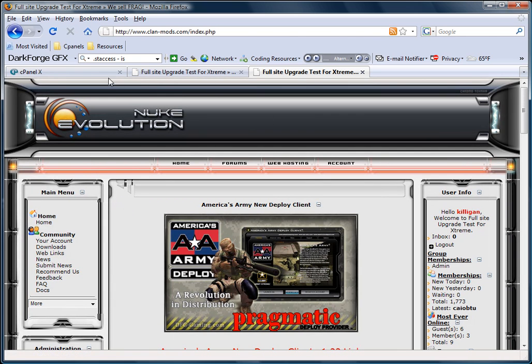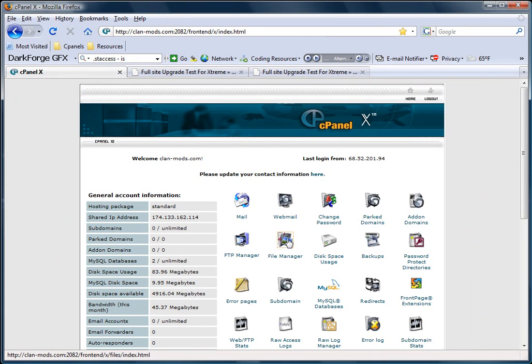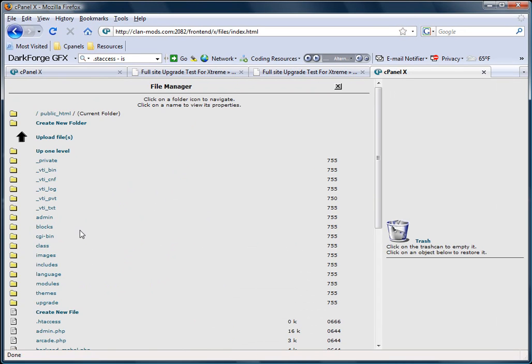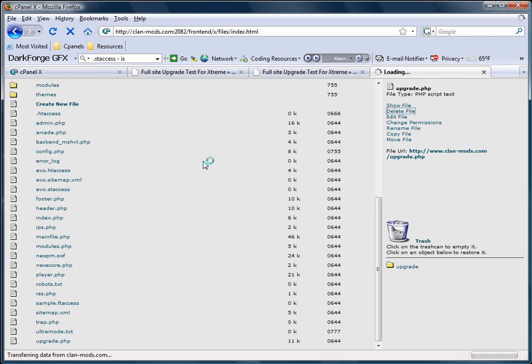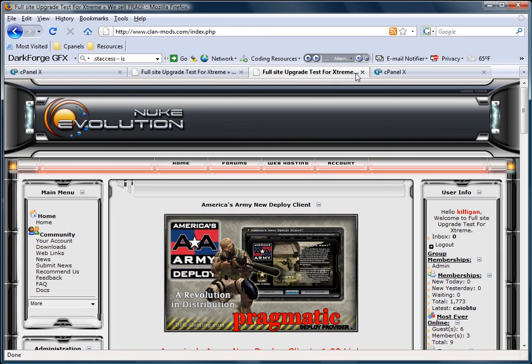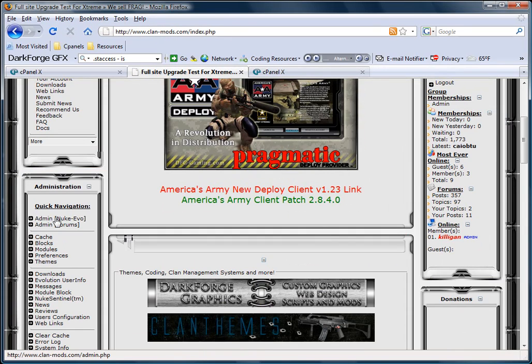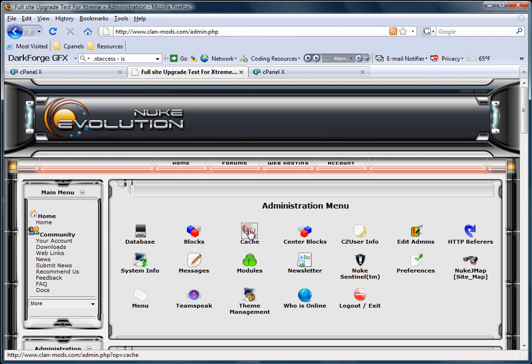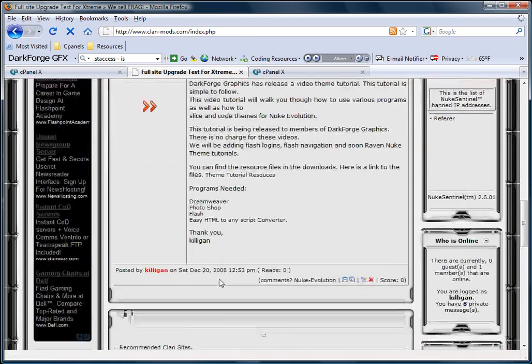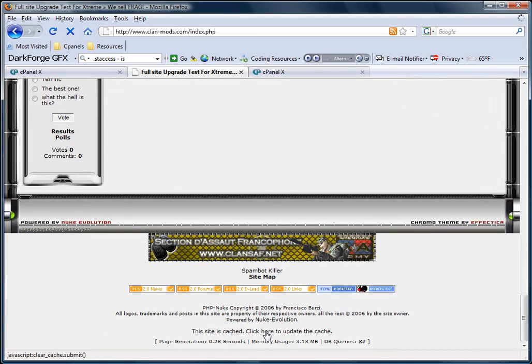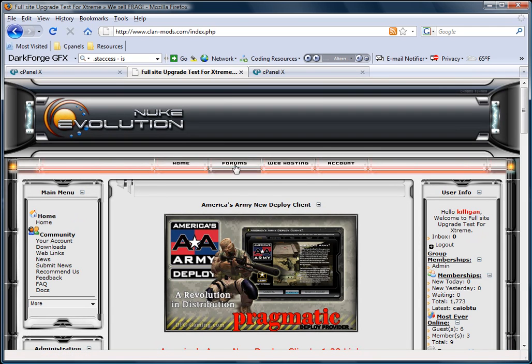What you do need to do though is go back in to your file manager and delete the upgrade folder and delete the upgrade.php. Once you've done this, you can go into your admin panel, go ahead and clear the cache, and then you're going to want to also go ahead and update the cache on the front just to be sure. You can go into your forums,